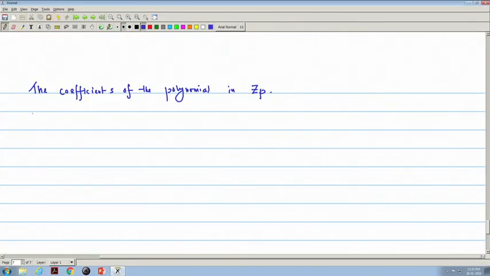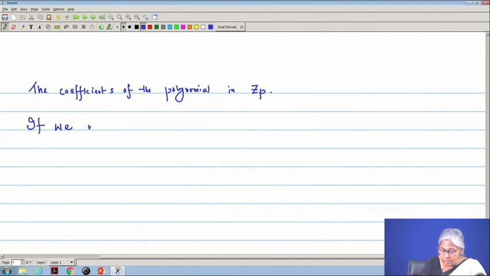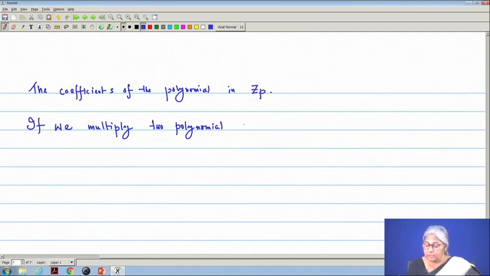So, what we can write is that if we multiply two polynomials of set S, say f(x) and g(x), two polynomials f(x) and g(x)